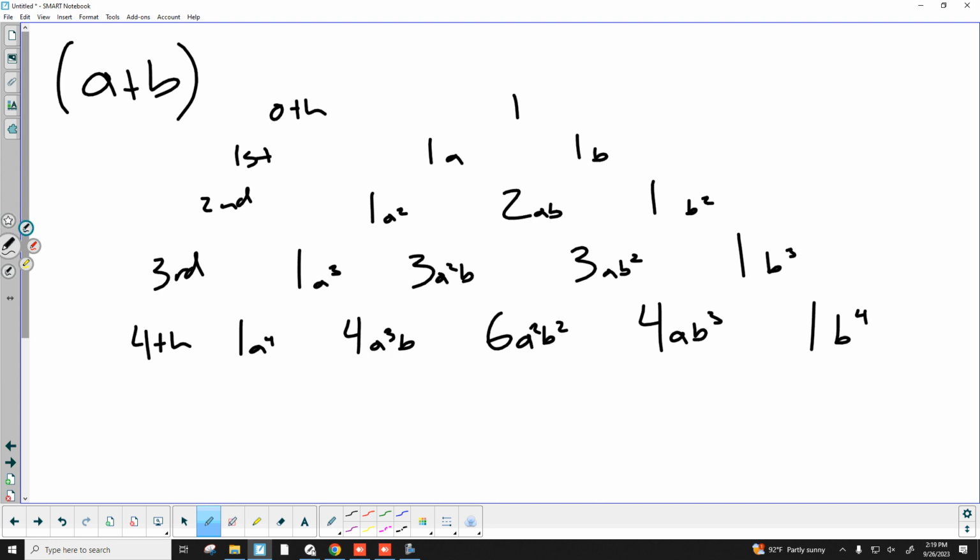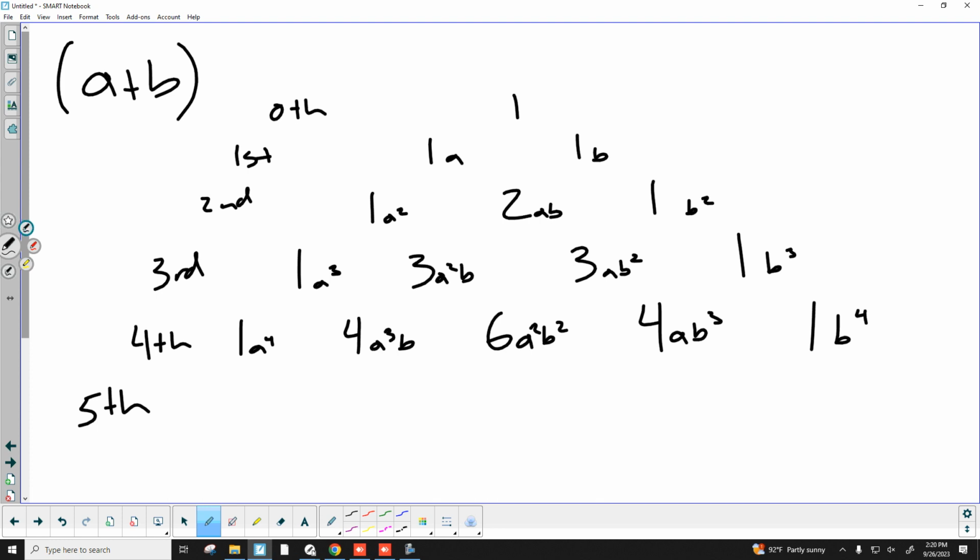You guys got that through brute distribution. But I bet you could tell me what a plus b to the 5th power would be without using brute distribution, but rather using a pattern that you've established where,